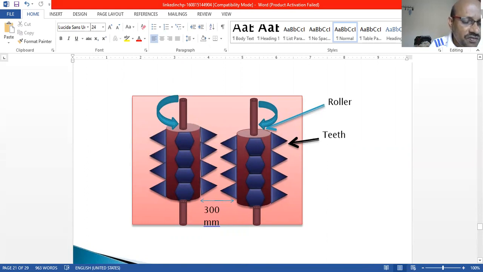In that, one shaft will be there, belt drive will be there, coal will come in, and it is going to be rotating like this. Okay, it is going to be rotated. It is very cheap for installation, and maintenance cost is also very low. For screw conveyors, the initial cost is more, but maintenance cost is less and installation is very easy. The length we cannot increase more. Why? Because it is a screw.